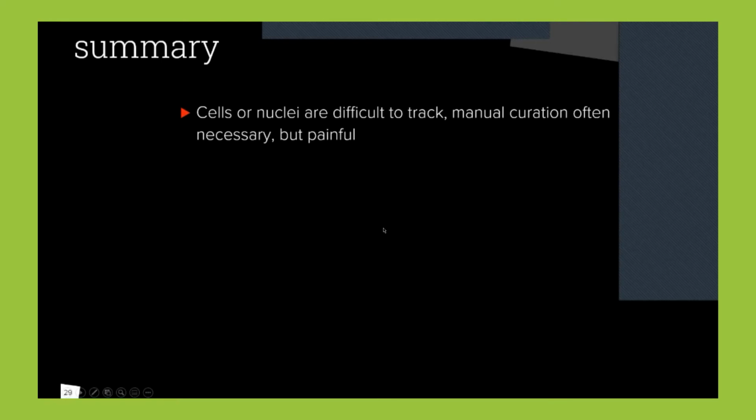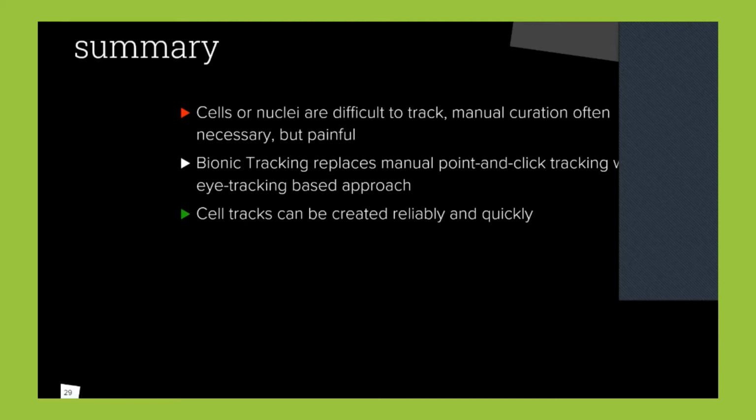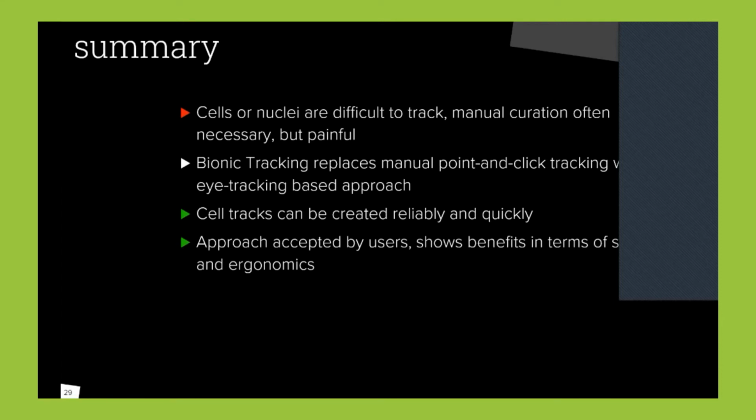Okay, so summary. We all know that cells and nuclei are quite difficult to track. Manual curation is often necessary, but quite painful. And in this bionic tracking approach, we have replaced the manual point and click tracking with an eye tracking based approach, where essentially your entire body becomes the user interface. And with this approach, we have been able to create cell tracks quite reliably and quickly. The approach has been accepted by the users, was found nice, and we have also shown a clear benefit in terms of